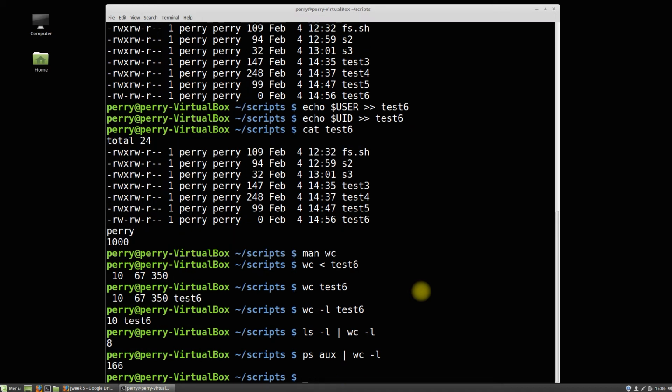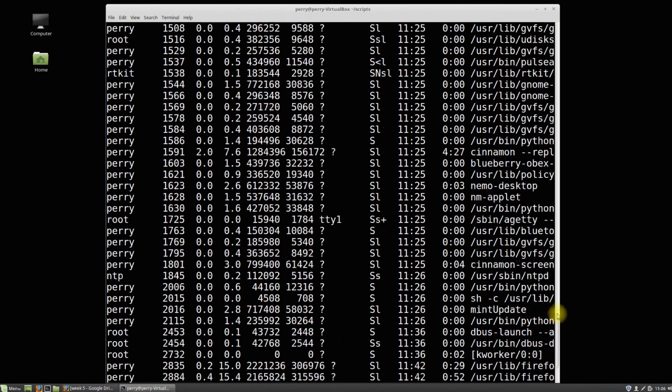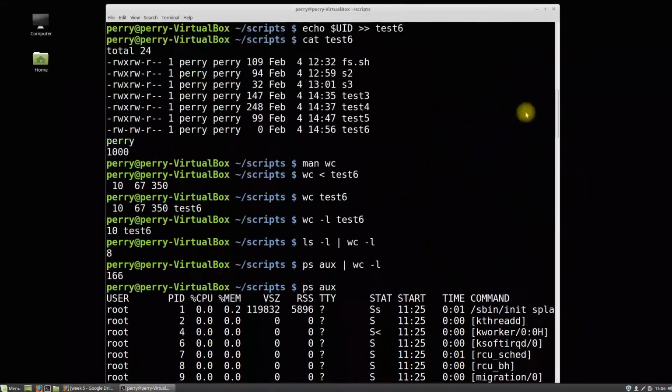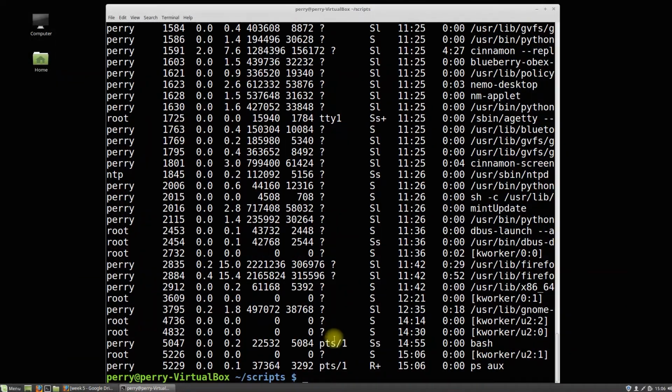So I've got 166 processes running on my machine. Actually, it's probably 165 because I think there's a header there as well. I can see that in PSAUX. If I scroll to the top here, there's a header up there, isn't there? Yeah, see, there's this header. So I have to subtract one from it, and in the next section we'll learn how to do expressions and